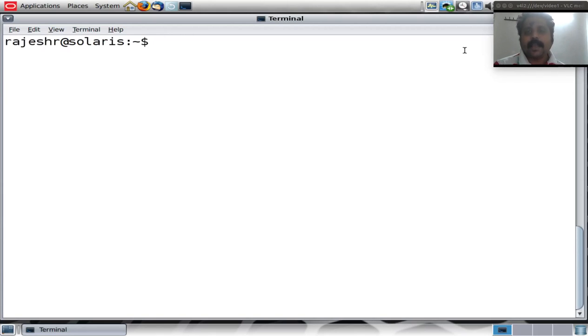Now, before I get on with the commands that you would use to set up one of your Solaris boxes as a local repository, of course, it's mandatory to have a Solaris 11 box to be configured as a package repository. It doesn't really matter whether you have a SPARC architecture or an x86 architecture, but it's important that you set up the local repository, the package system repository, on a Solaris 11 box. That's the prerequisite. You can download this repository from the Oracle website.